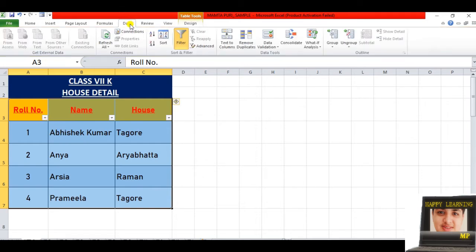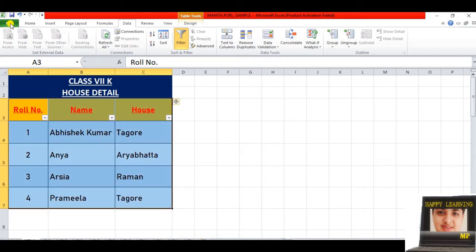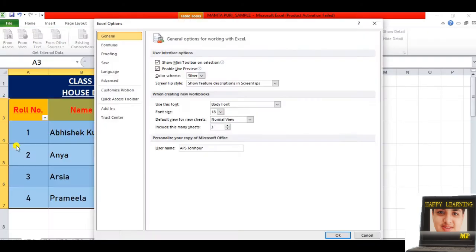But when I click on Data, there is no such option, Form, here. And if I see on this Quick Access Toolbar, again there is no Form option available. So Form is not automatically available in Excel, we have to add it. How to add this? Go to the File tab. There is an option, Options. Click on this. Now you have two options. Either you can go to Customize Ribbon and add it in the ribbon, or you can add it in the Quick Access Toolbar. I am doing it in the Quick Access Toolbar.